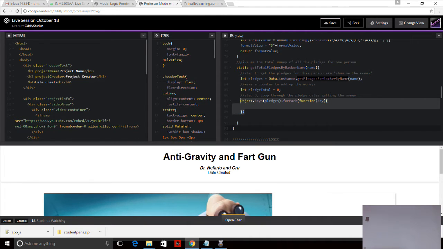So in the pledges, what kind of keys do we see in there? The dates, exactly. So January 1st is going to be a key for Bob. January 15th will be a key for Bob, right? So we're basically, at the end of the day, we're saying, let's go through this thing by date. That's what we're doing with this. Okay? Getting there. We're not too far off. Slowly but